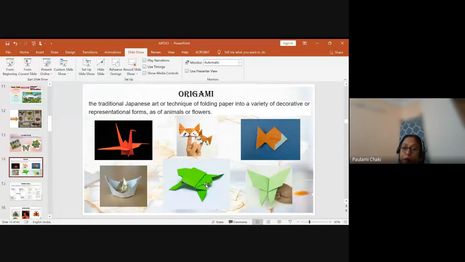Then we can have paper puppets. As you can see here, this type of thing can also be done, and they can do a puppet show in the class. That can be arranged for one single period. So these things can be done through origami. And origami actually increases different types of skills like eye-hand coordination, fine motor skills, and attention span of children. These are all enhanced when they are doing origami. So with origami, yes, we are actually working scientifically with our students along with art integration.